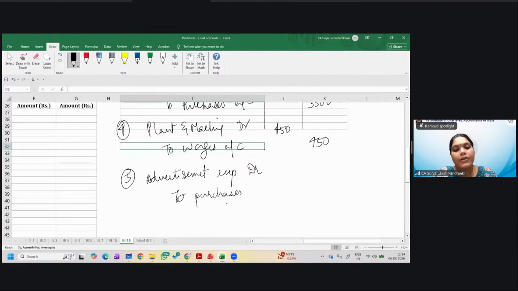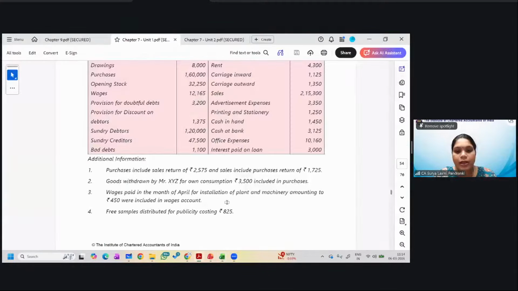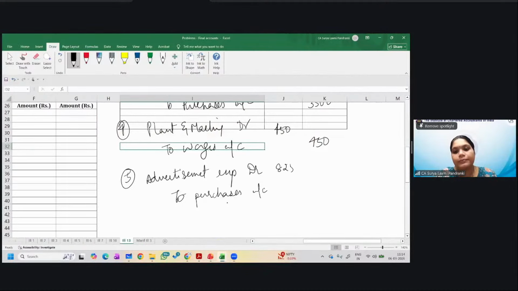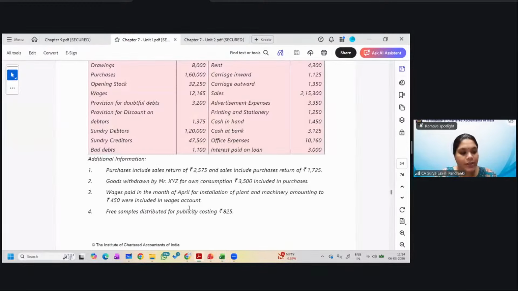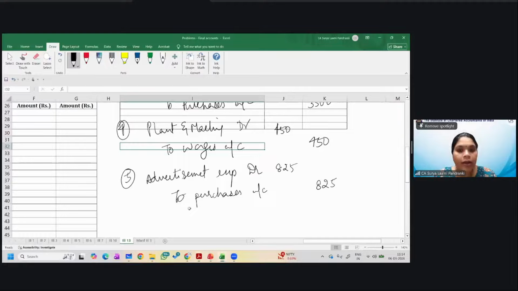You have some goods purchased in your account. Those only you can either distribute for free, or distribute as a charity, or distribute as an advertising promotion, whatever it is, it should come from purchases. So I have decreased purchases, right? Amount is 825. Done. So we have corrected all the entries. Entries have been corrected, but